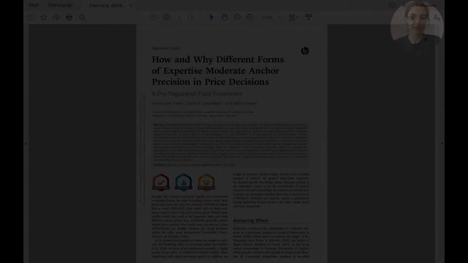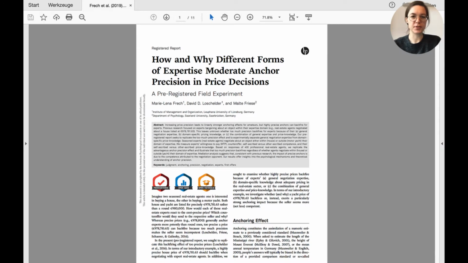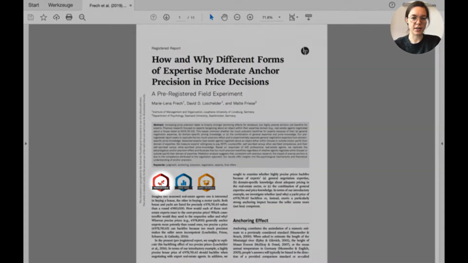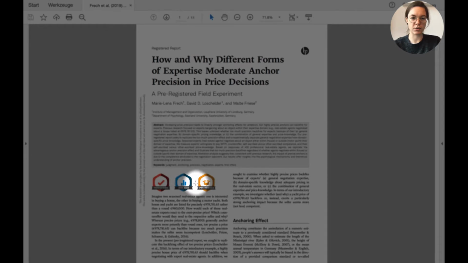So let's start. I would like to introduce you to Open Science practices based on a real research article. We have an article from some colleagues of mine here, and it follows the typical format of a research article. We have the title, we have the subtitle, all the authors are named, and here's the abstract which summarizes the key findings of the study. And what is especially interesting for us regarding Open Science practices are those 3 colored badges right below the abstract, which say the study is pre-registered, open data, and open materials.